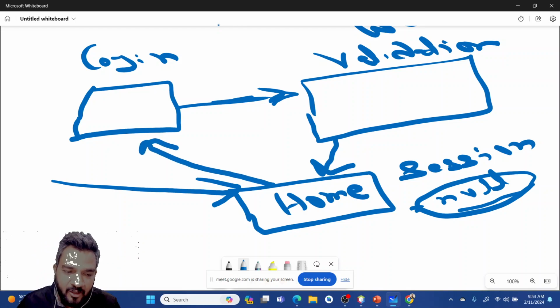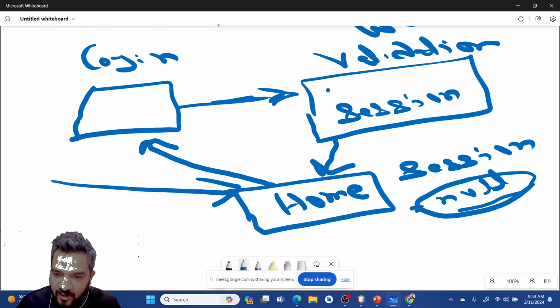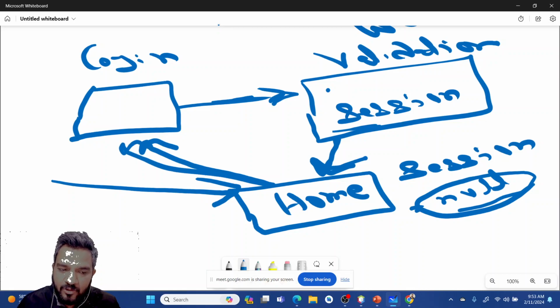It will say, go through your username and password, don't try to access home directly. So if the username and password are correct, we will create a session here, a new session object will be created, and then we will transfer this session to the home page. And if this session object is not reaching here, it will directly redirect back to the login page.